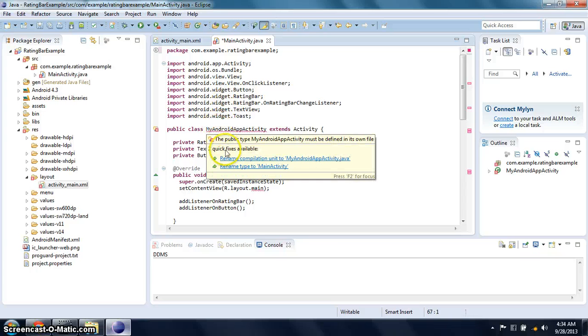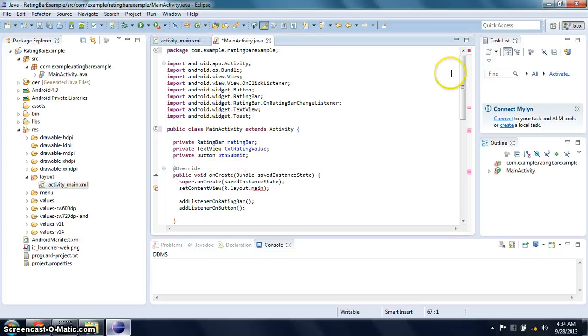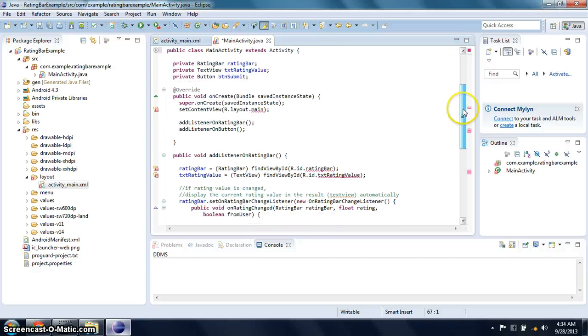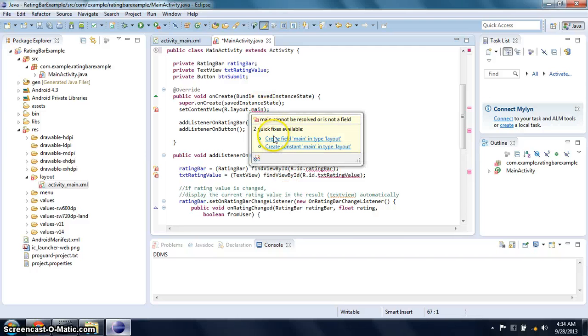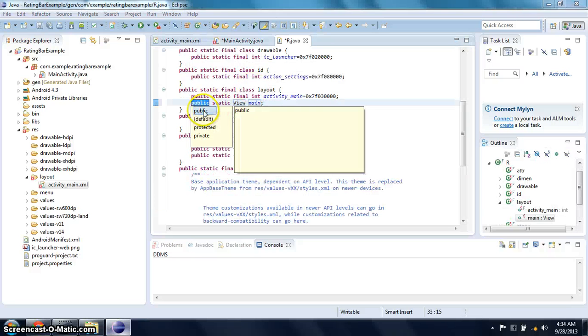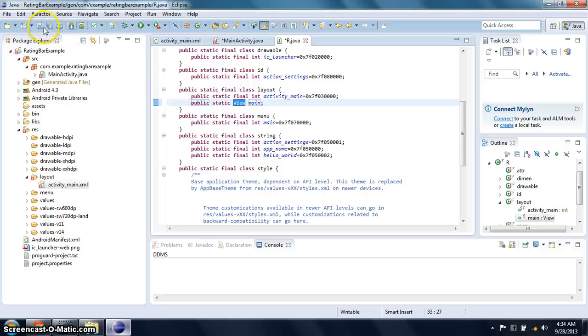Same with this one. Then just create a field main in type layout. Then select public. Then click save.